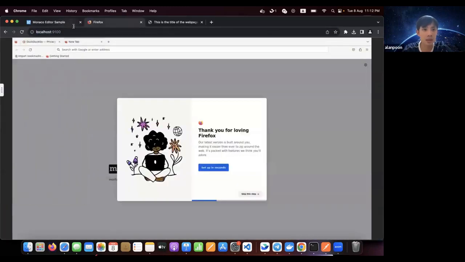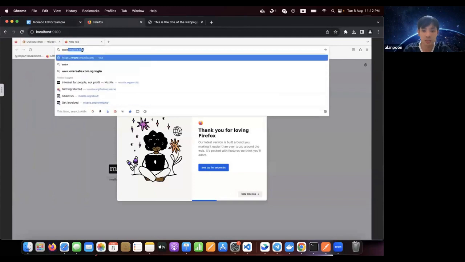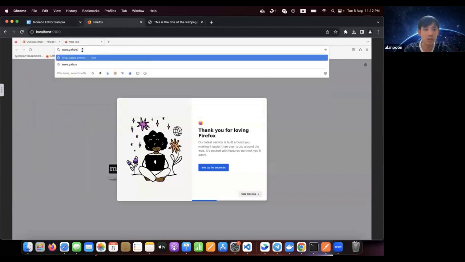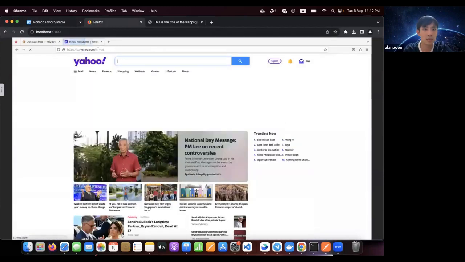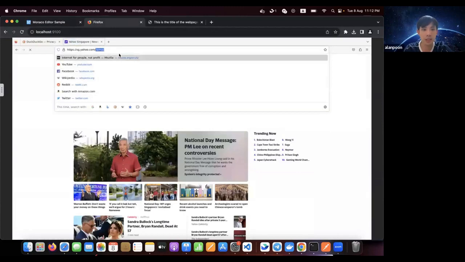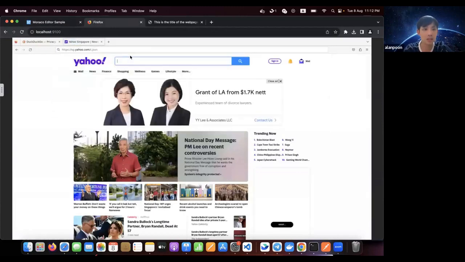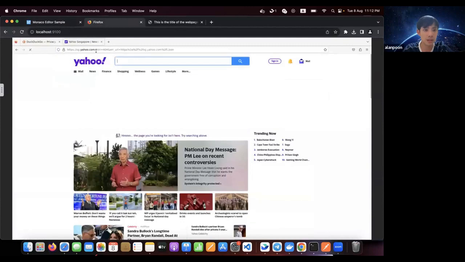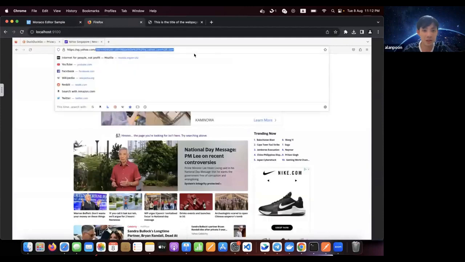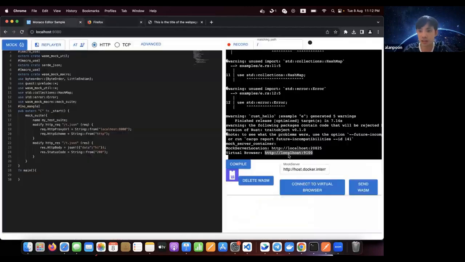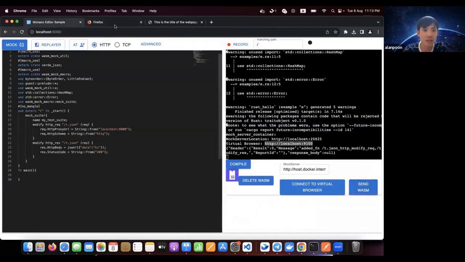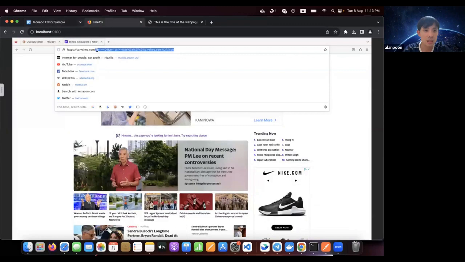To do the MITM, you can go to yahoo.com. It loads perfectly like a normal page, but if I put JSON, wait, sorry, something is wrong. I have not sent the WebAssembly to my mock server yet. So now you'll see